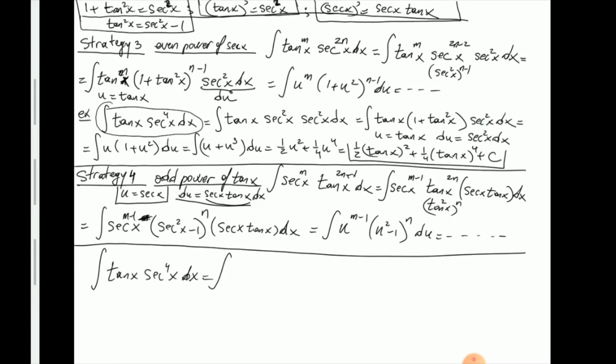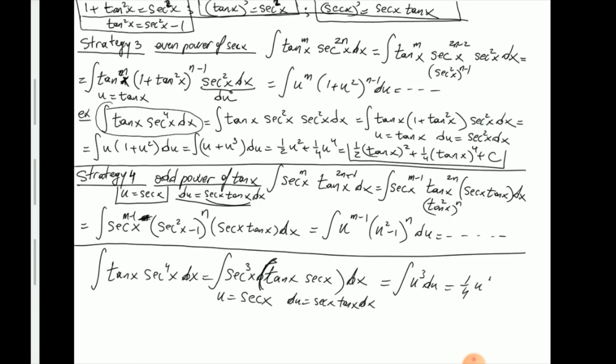So save a secant tangent separately, so I'm left with secant third x, secant third x, and then tangent x secant x, or secant tangent is the same thing. And now make the substitutions u equals secant x, du is secant x tangent x. So actually it's faster this way, as you noticed, probably. And this becomes now u cubed du,